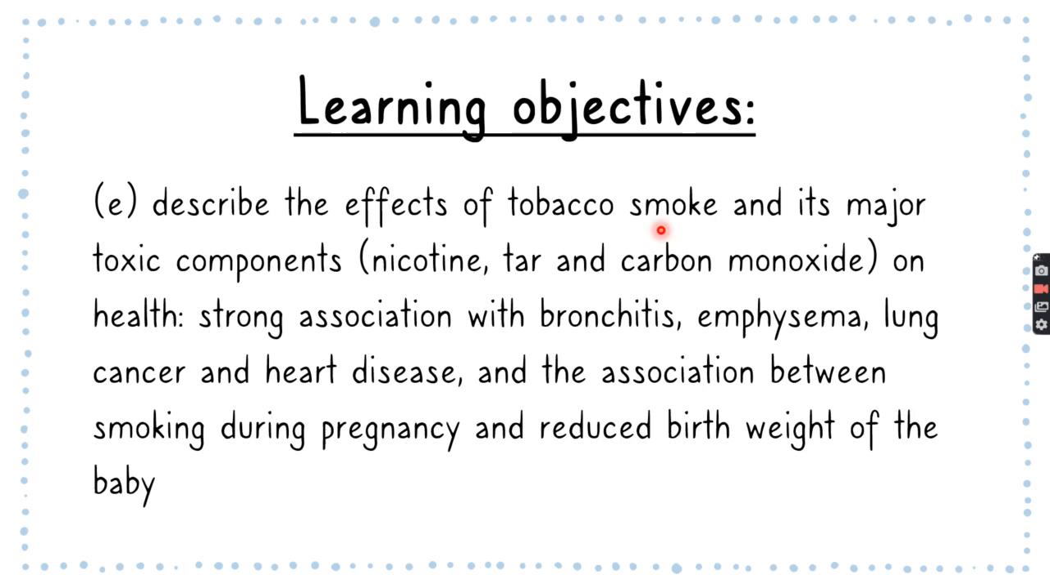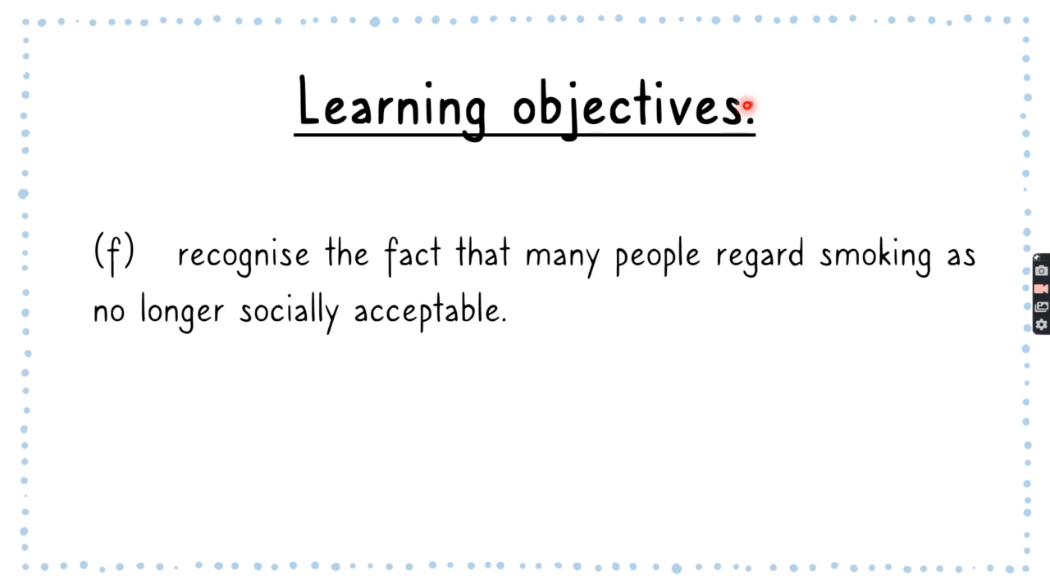Describe the effect of tobacco smoke and its major toxic components, nicotine, tar, and carbon monoxide, on health, strong association with bronchitis, emphysema, lung cancer, and heart disease, and the association between smoking during pregnancy and reduced birth weight of the baby. The second learning objective is to recognize the fact that many people regard smoking as no longer